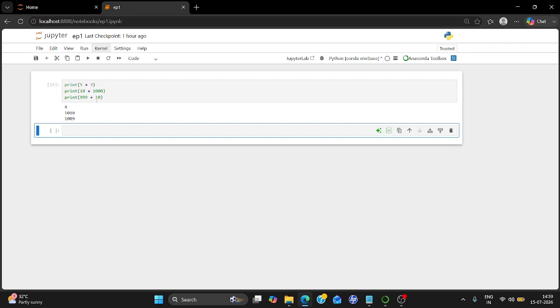Now we move to something important called variables. What is a variable? Think of a variable like a box. You give the box a name. You put something inside. Later, you use that box name to get the thing inside. Same in Python. For example,